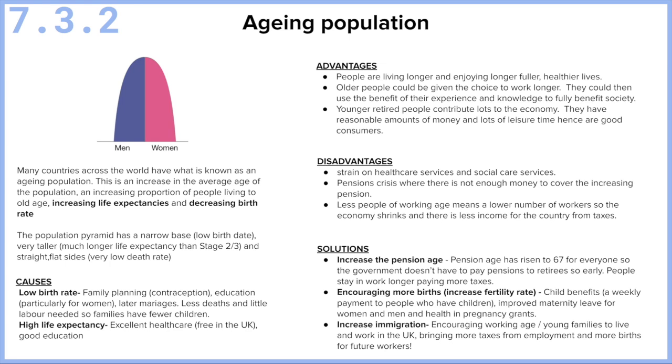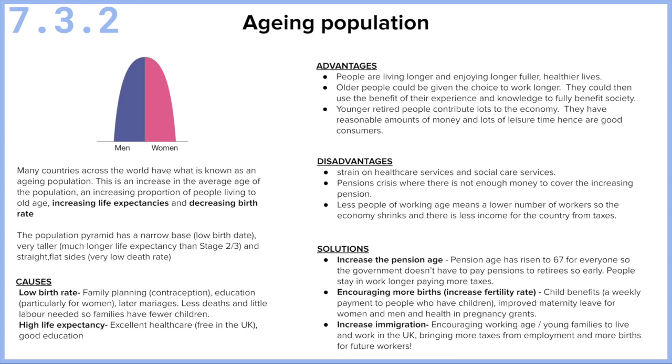So why is this the case? Why do we have an aging population? Well, we've got a low birth rate because a lot of contraception is available, if we're considering the UK. Family planning, so knowing about contraceptives and safe sex. Education, particularly for women. So in the UK, education is a universal platform available to everybody, whether you're male or female, but that's not always the case depending on the country, which means that women may have children later in life, and people may marry later in life,